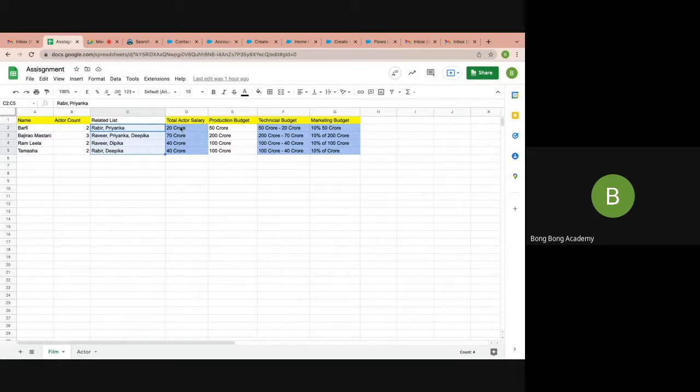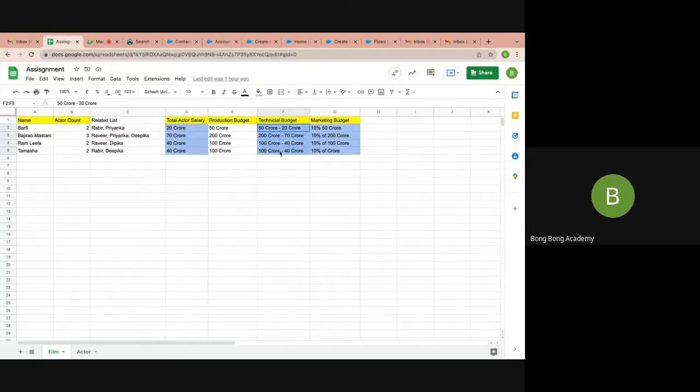I want a field in the film object wherein I have a roll up of the actors' salaries, summation of all actors' salaries through a roll up summary. I want a currency field to store the production budget in my film. My technical budget would be the production budget minus the total actor salary,